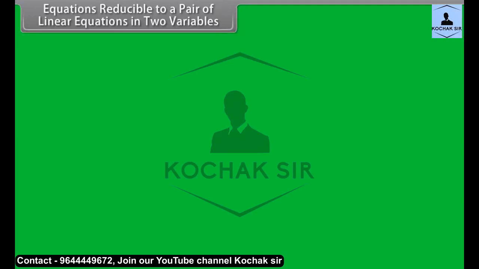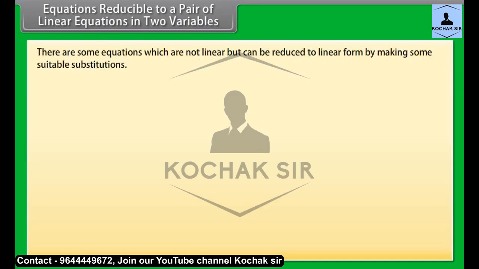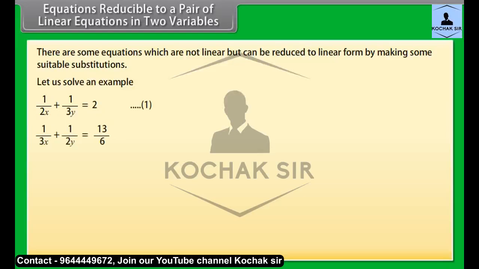Equations reducible to a pair of linear equations in two variables. There are some equations which are not linear but can be reduced to linear form by making some suitable substitutions. Let us solve an example. Solve 1 upon 2x plus 1 upon 3y equals 2, equation 1. 1 upon 3x plus 1 upon 2y equals 13 upon 6,